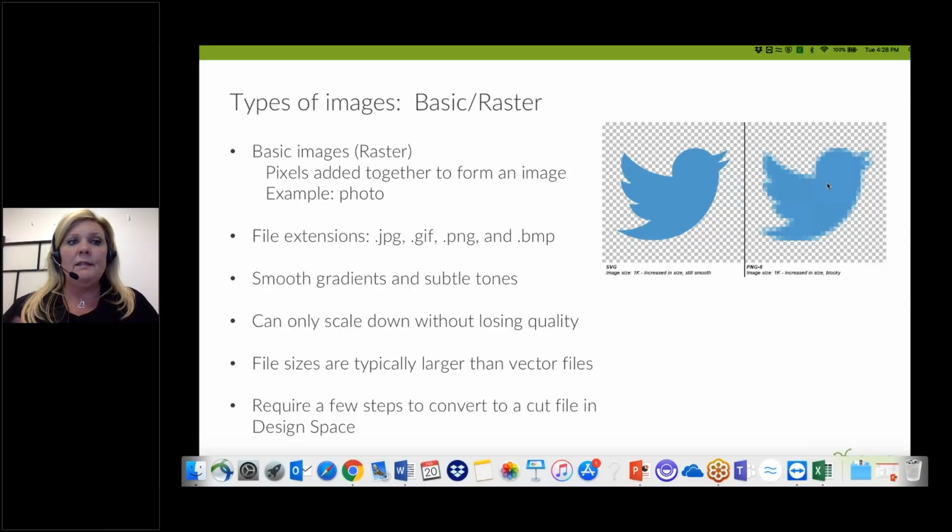Hope that makes sense. These files are typically larger than vector files, and they do require a few steps to convert them into a cut file, and that is where we are. So we've talked about the two different types. You have basic, you have vector. And so what I want to do now is show you how to upload a basic image into Design Space, clean it up a little bit so it can have a clean cut path and get the results that you want, okay? So I'm going to go back into Design Space,